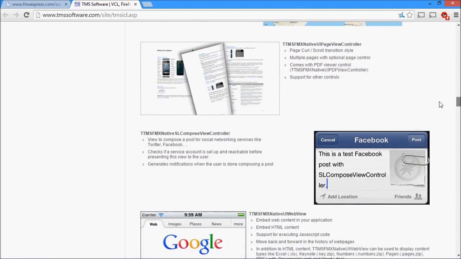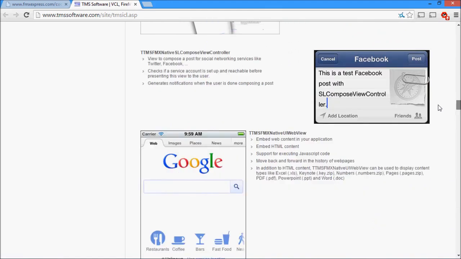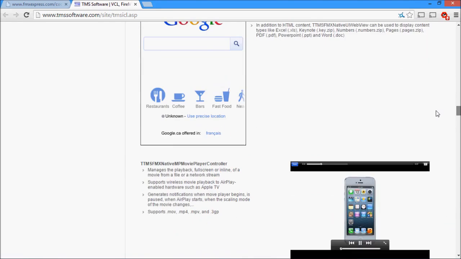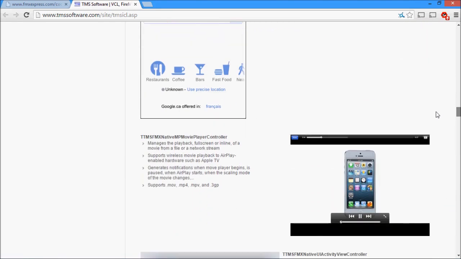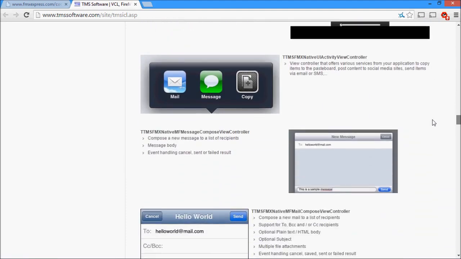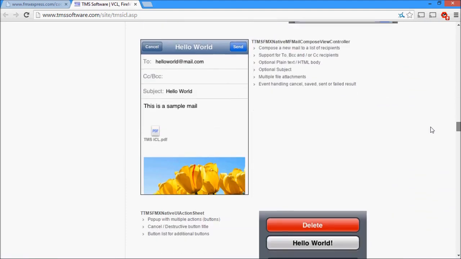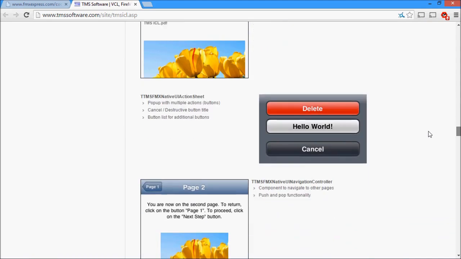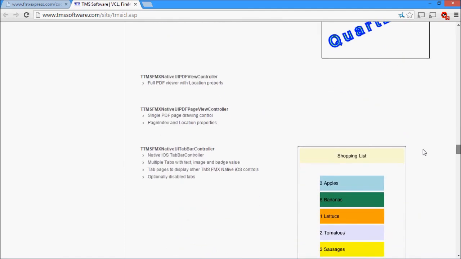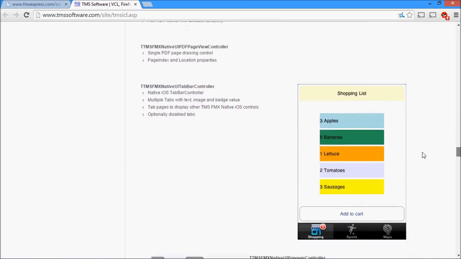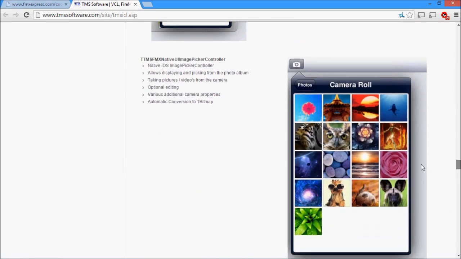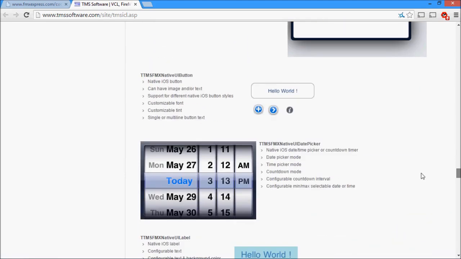Page view controller, compose view controller, native web view if you need that, just for iOS, movie player, activity views, the mail controller, action sheet, navigation controller, some more components here, page view, tab bar, pop-up controller, the image picker controller, the native